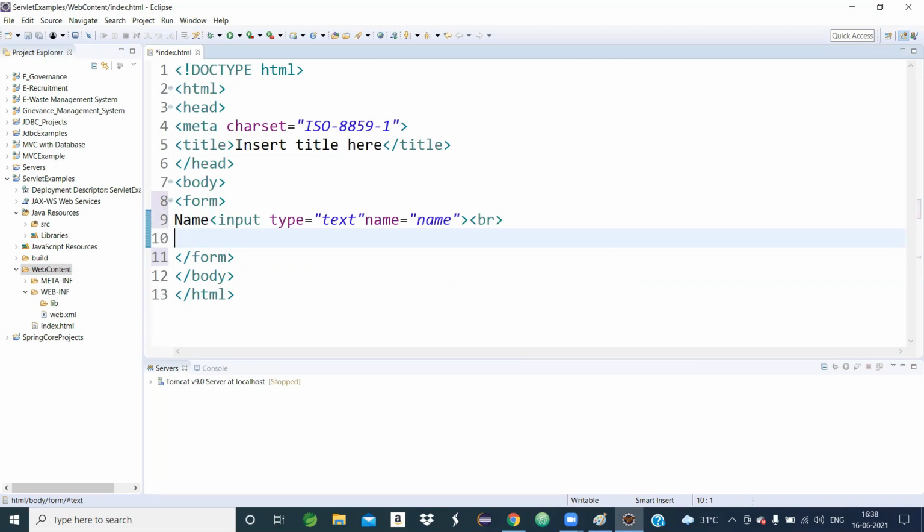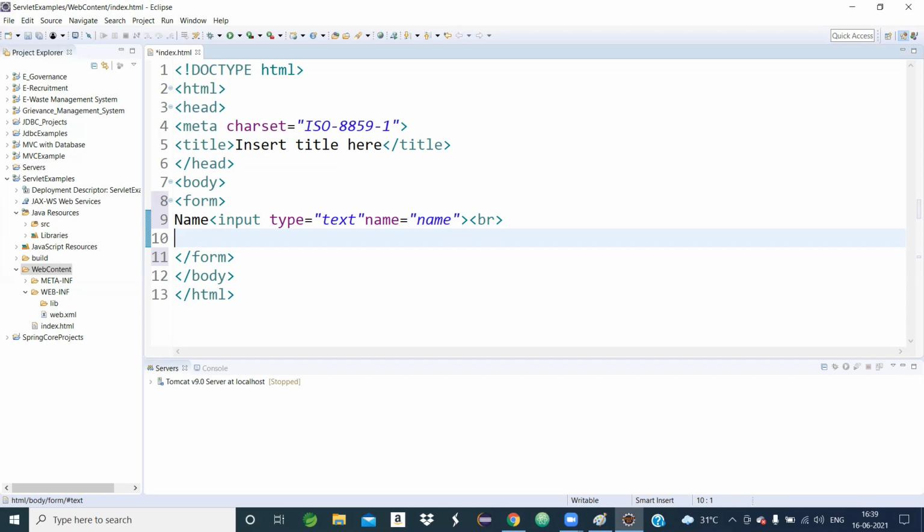To identify the text box we need to give a name. Within double quotes I have written name. This is the identifier that identifies your text box.